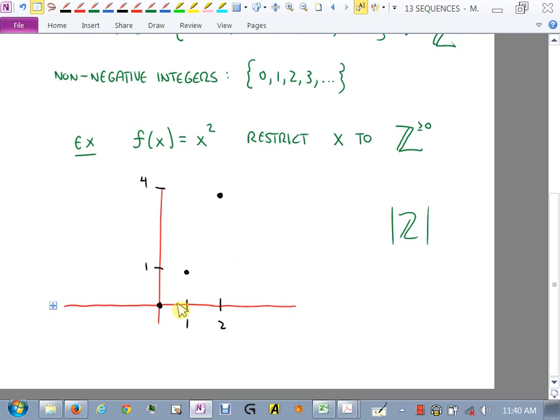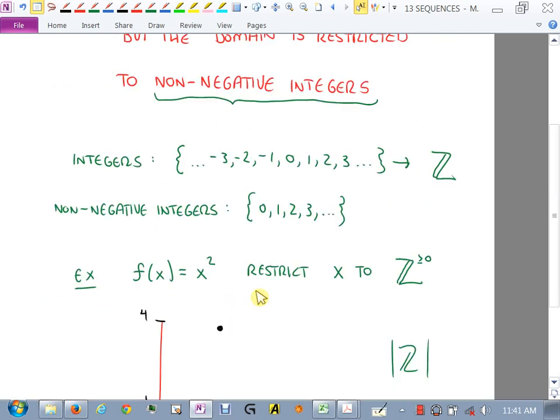Why? Because it's a sequence. With sequences, we do not want to plug in anything but the non-negative integers. So what your graph looks like is no longer nice and smooth and continuous where you can draw it without picking up your pencil. It's just a bunch of dots, right? It's a bunch of points, and there's a bunch of spaces and gaps between them. This is what a sequence is. A sequence is a function that's been restricted to just integers. So you have one input, one output, one input, one output, right? But all the stuff in between is left alone. All right?